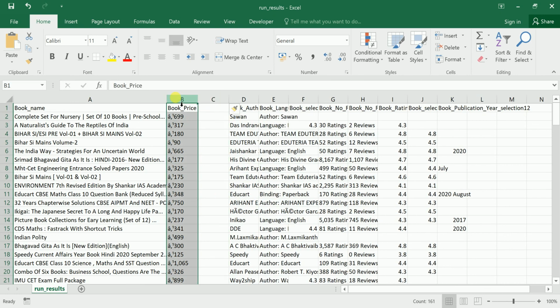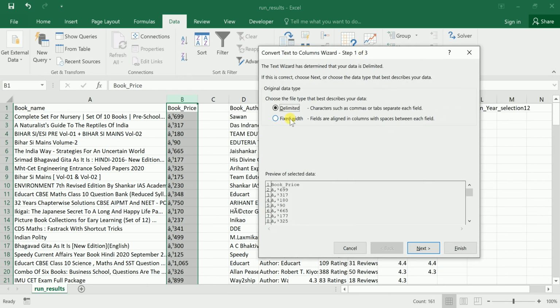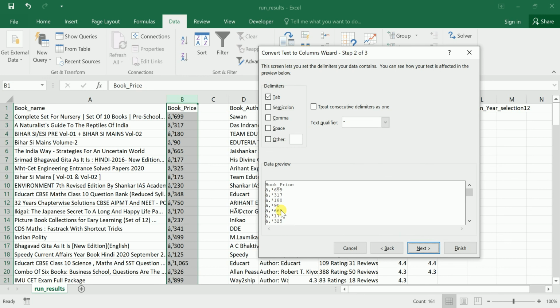So what I need to do is select this cell column, then go for data, then go for text to columns. Delimited you need to select. By default it will be, you can see how the data is coming here. Then you can do next. I don't record tab, I record other, which means nothing but this one. I need to paste here.